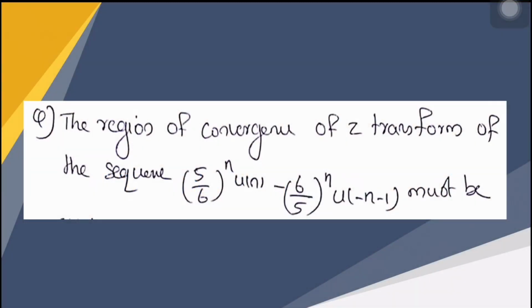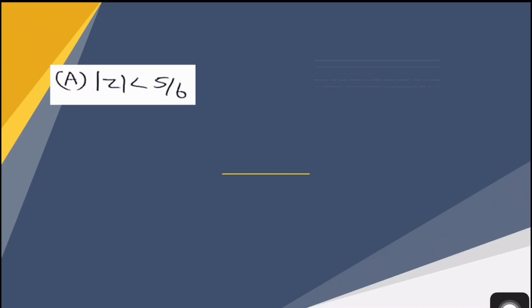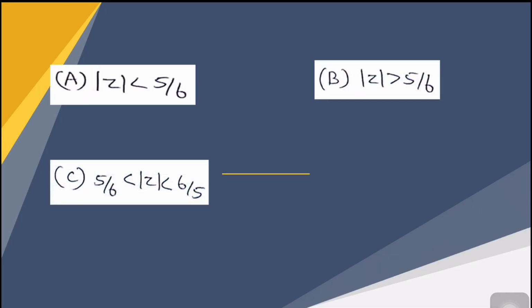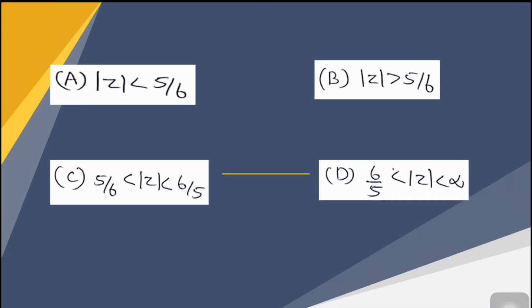The question I have for you is from GATE 2005. The region of convergence of Z transform of the sequence (5/6)^n u[n] minus (6/5)^n u[-n-1] must be: option A, mod z less than 5/6; option B, mod z greater than 5/6; option C, 5/6 less than mod z less than 6/5;